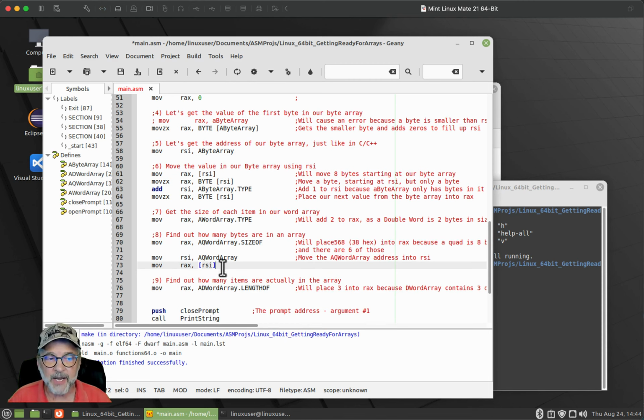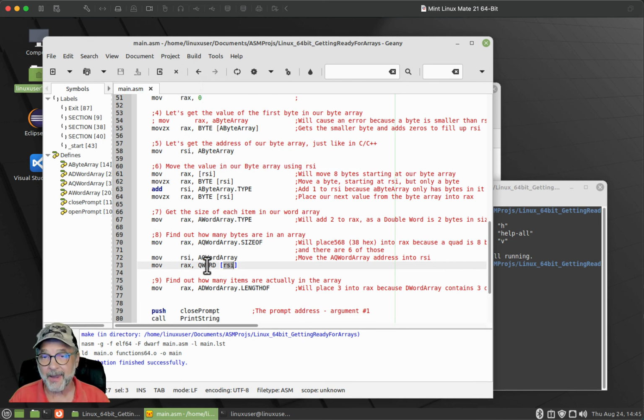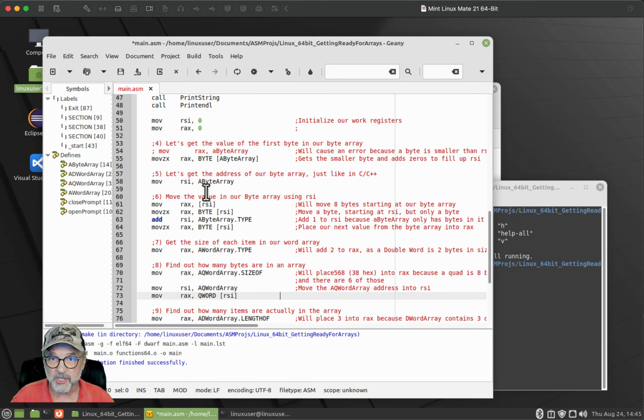The reason I don't have to put anything here like a byte or a D word or even a Q word is because RAX is a quad word, RSI is pointing to a quad word array, and you don't need that Q word there. However, you can put it there for documentation purposes. It doesn't really change anything in your code. So move a quad word